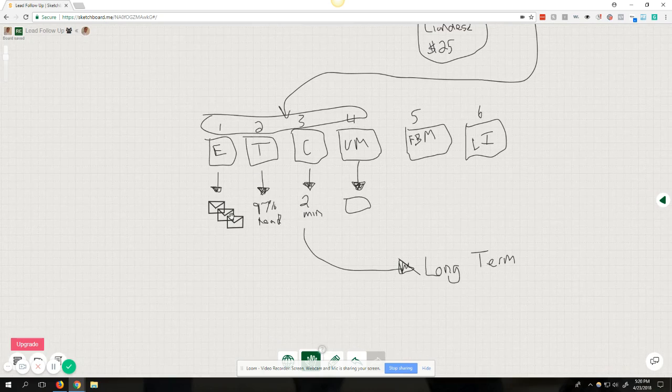So with this one, you'll send an email the first day, you'll send a couple texts, you'll call them a couple times, you'll voicemail. The next day, you'll email, text them again. Third day, you might leave a voicemail, whatever it may be. It's very frequent, multiple times per day for at least a week. And then after that, if you're not connecting, you might as well put them on an automated long-term drip, which has maybe